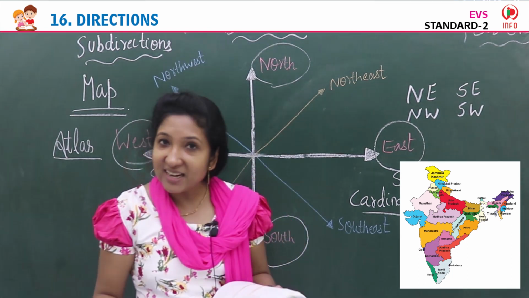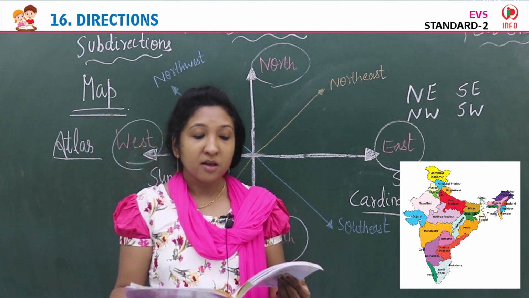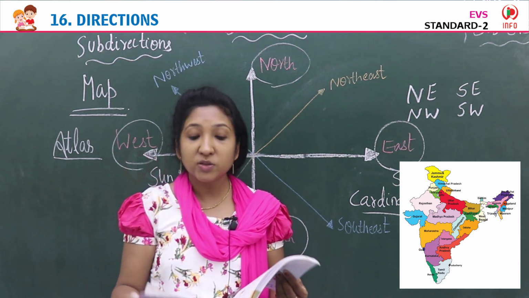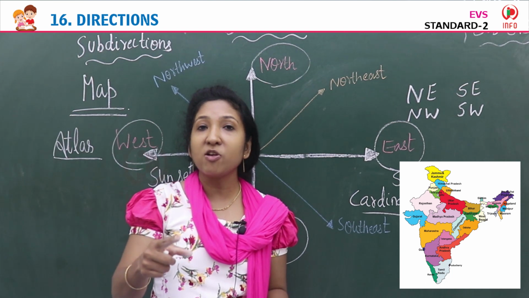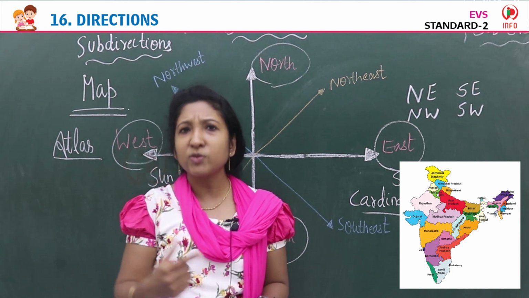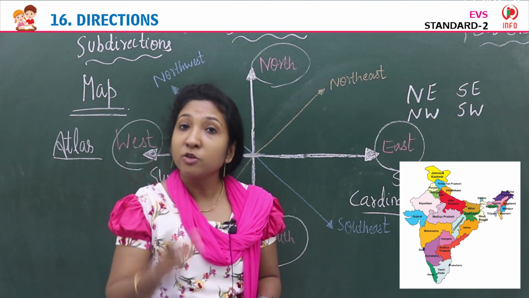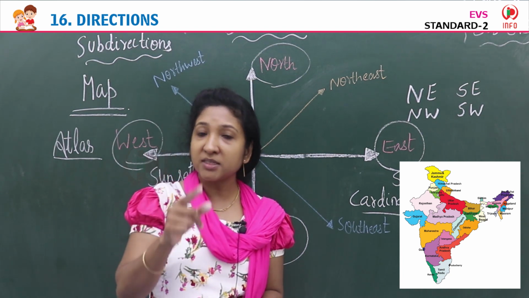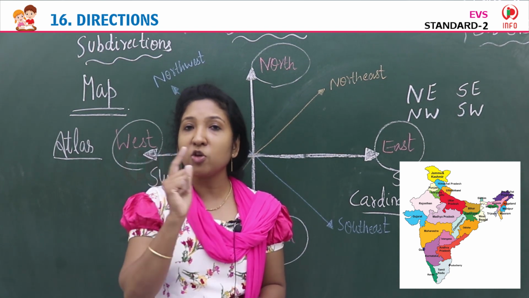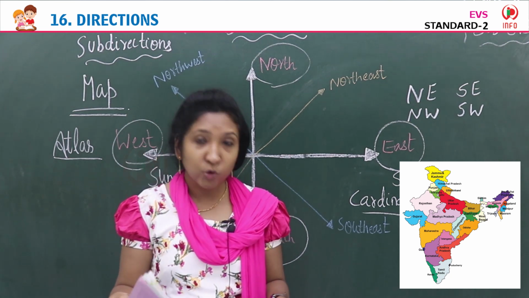Children, we have completed the lesson directions, lesson 16. Now read the lesson, read about the directions and do this exercise. Early morning, get up children and stand in front of the sun and you find your directions. You say the directions, you explain it to your parents, your brother or sister. Okay, you should do that. You should get up early in the morning and you should do this. You should explain the directions to your parents or your friends or your cousins, your brother or sister, whoever is there with you at that time.